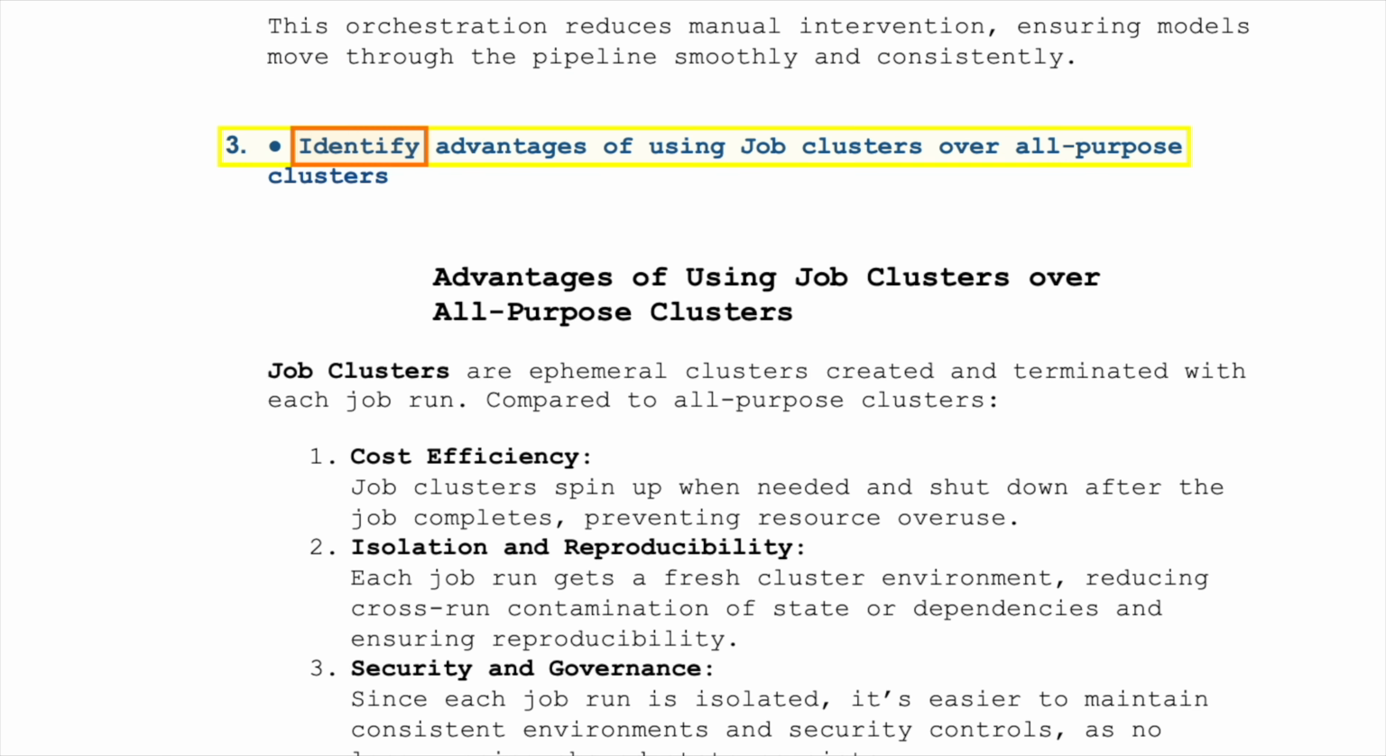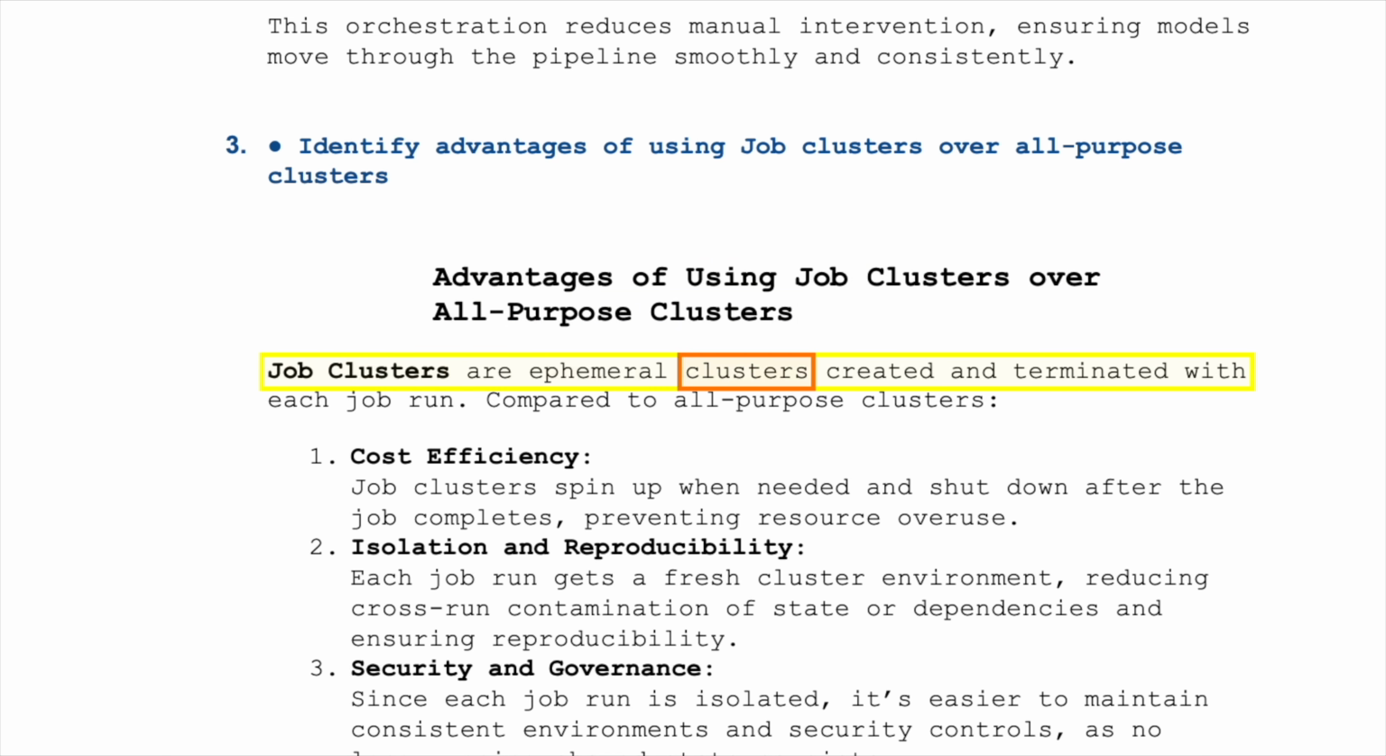3. Identify advantages of using job clusters over all-purpose clusters. Job clusters are ephemeral clusters created and terminated with each job run. Compared to all-purpose clusters: 1. Cost efficiency. Job clusters spin up when needed and shut down after the job completes, preventing resource overuse. 2. Isolation and reproducibility. Each job run gets a fresh cluster environment, reducing cross-run contamination of state or dependencies and